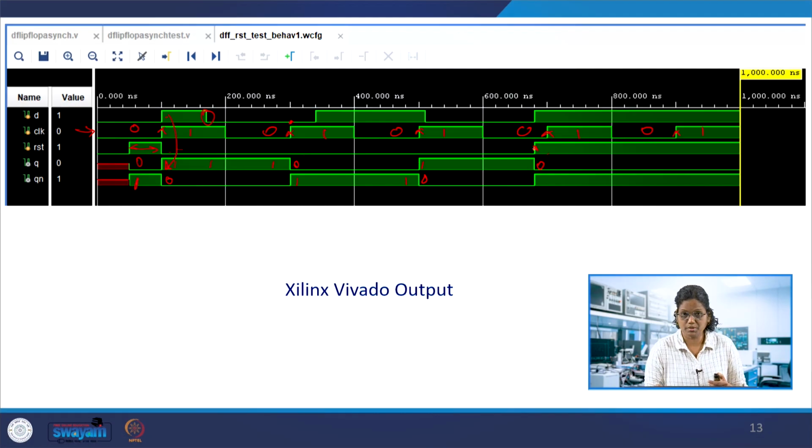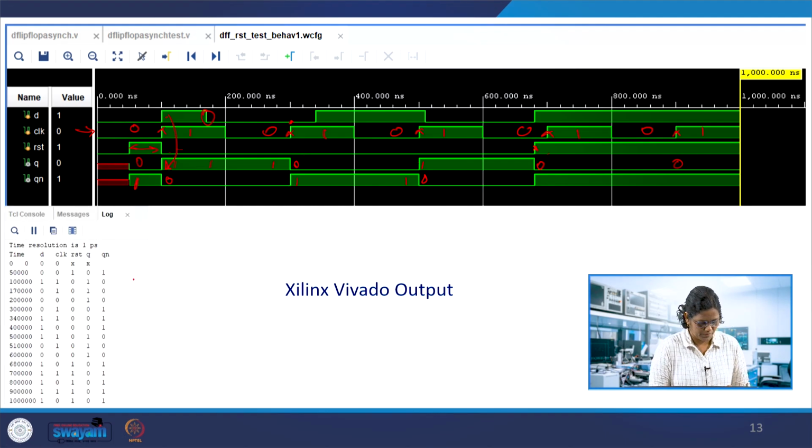So reset is pressed over here, and this reset is on all the time. So whatever the change in data or clock edge is not recognized here. You can see at the clock edge it is sampling, but the reset dominates, and it becomes 0 over here. So because of the reset, the data is 0 throughout. So this is the asynchronous reset of the D flip-flop over here.